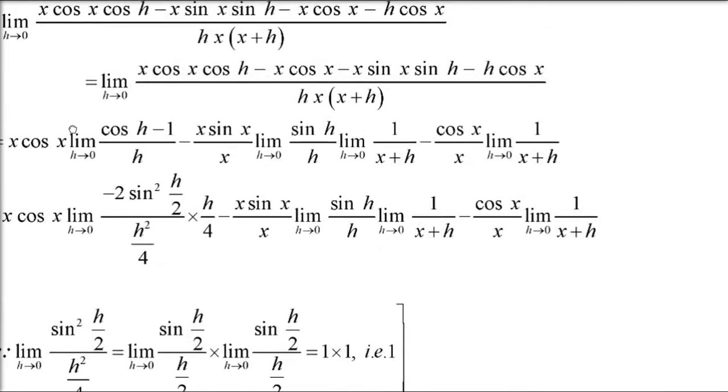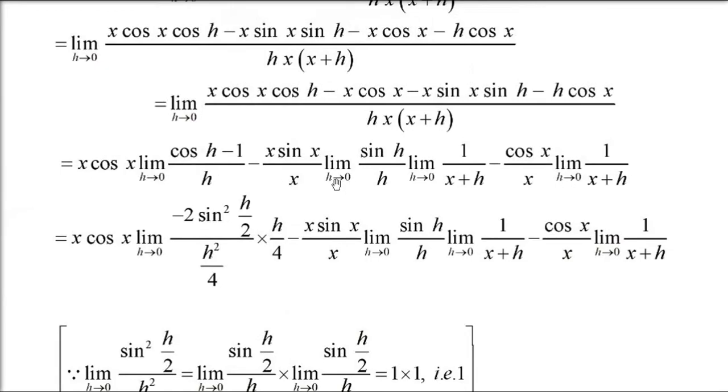And this whole is going to be 0. Now coming to this first term we have taken, x sin x, now coming to x sin x sin h. Now this has x plus h. So sin h and h, just take them separately. So sin h by h, apply the limit. This is going to be 1.